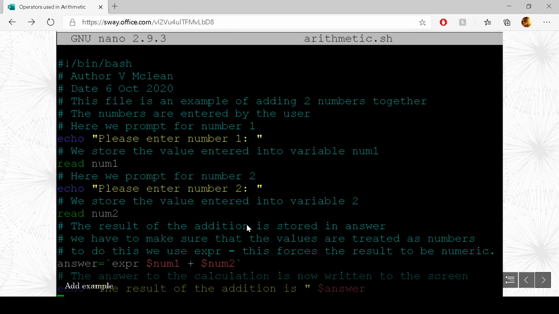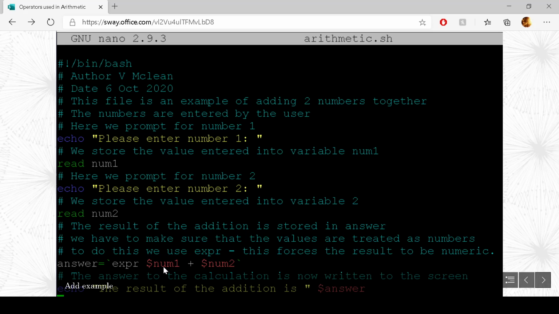Okay, so the result of the addition is going to be stored inside answer. And we want to make sure that the values are treated as numbers. So we can use EXPR, which forces the addition to be numeric in nature. So we have answer equals, and then we have got dash